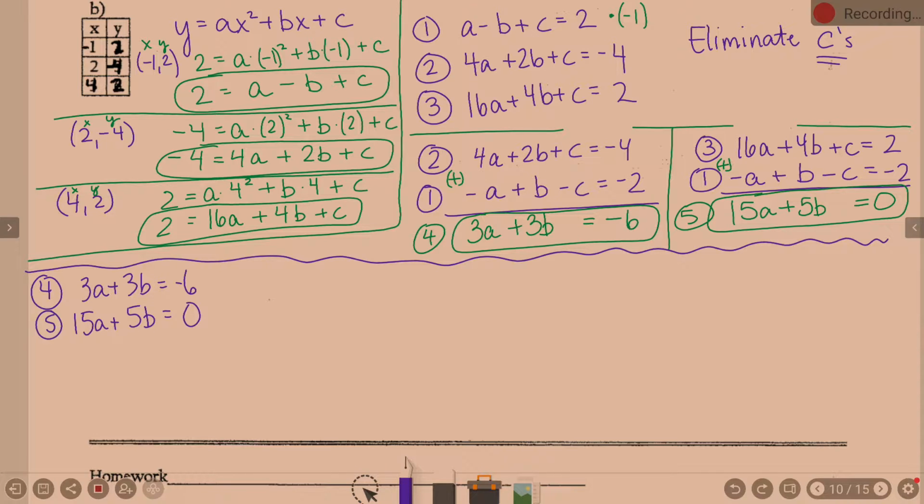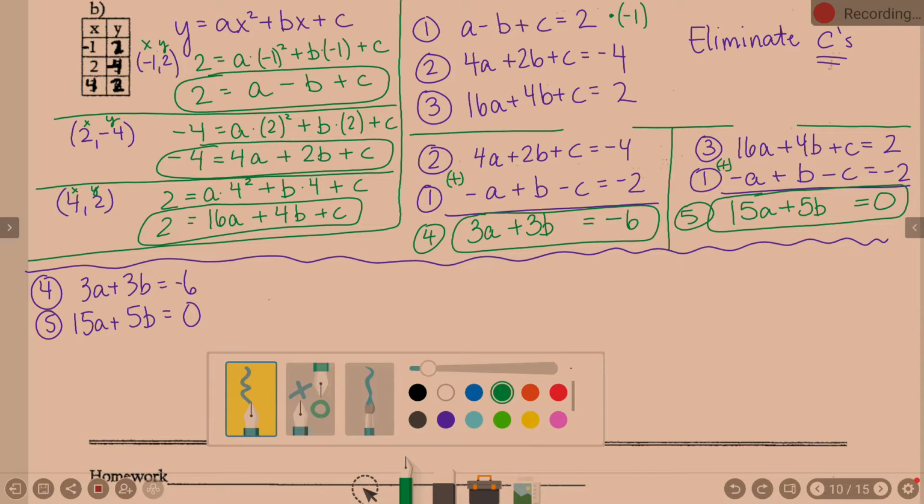What would you like to eliminate? A's. How can we eliminate A's? Take equation 4 and multiply by negative 5. If this is already 15a here, how do we make 3a become 15a? You multiply it by 5. Opposite. Because we're eliminating, I like a positive and a negative. So since this is positive, I'm going to make this one negative. So multiply equation 4